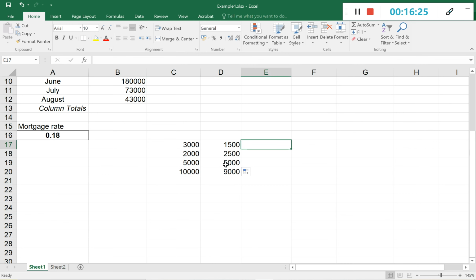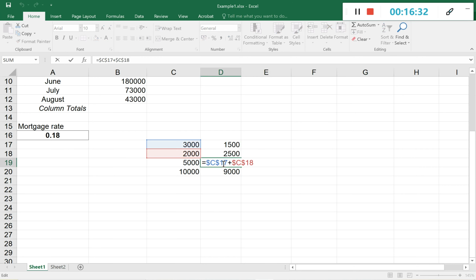It will also be 5,000. The autofill cannot change the referencing if you use the absolute referencing. So for the data formula within D19, the index for the data source will not be changed if you use the absolute referencing. For this one, it will be also the same. If you use the absolute referencing,